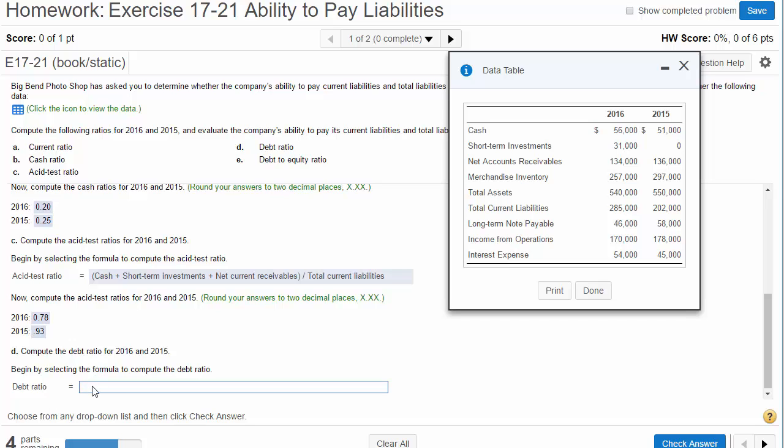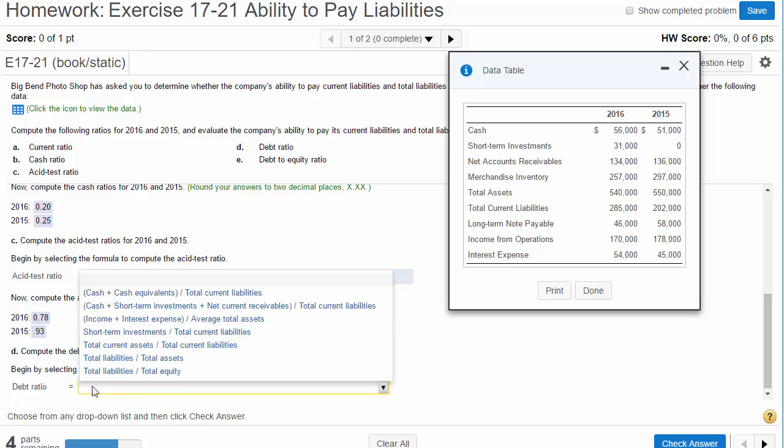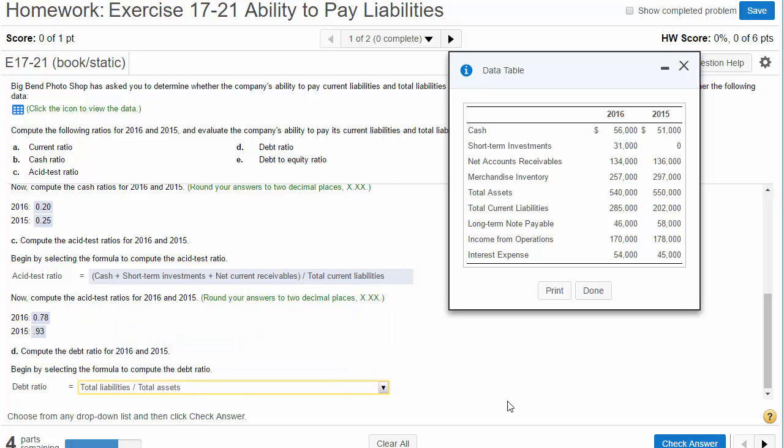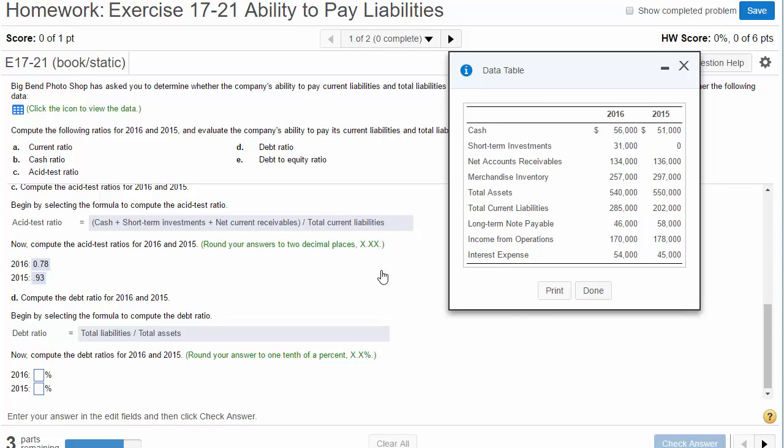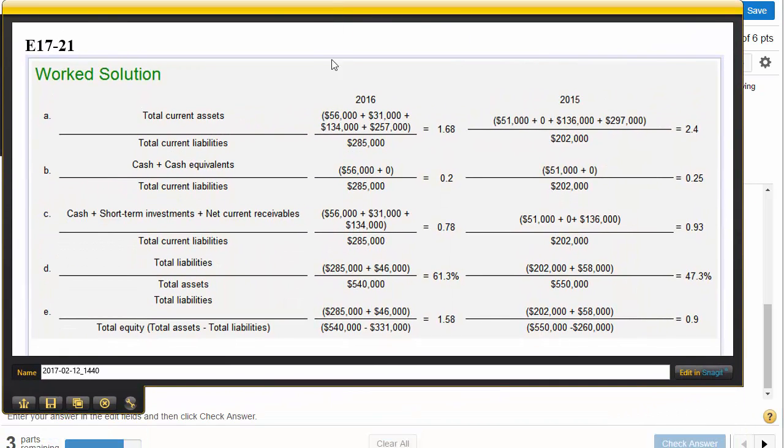So the debt ratio, the formula is total liabilities divided by total assets. So our total liabilities for 2016 are the current liabilities plus the long-term note payable. And then divide that by our total assets of $540,000. So it gives us this right here. 285 plus 46 divided by 540 gives us